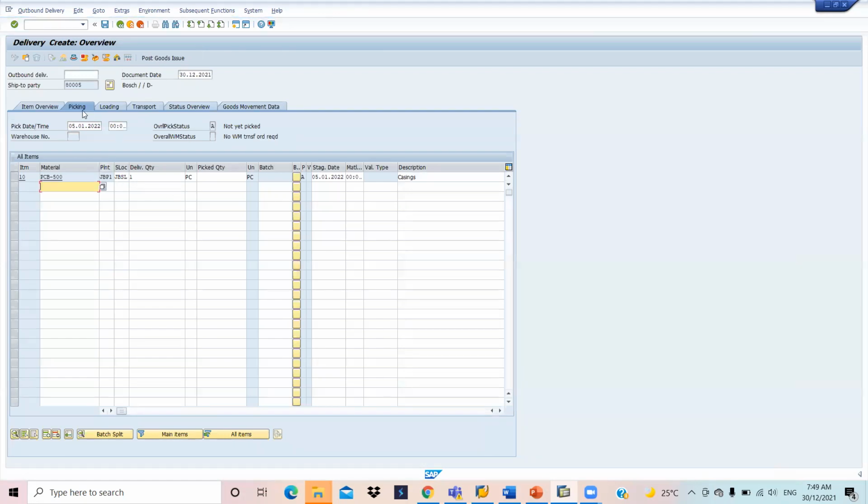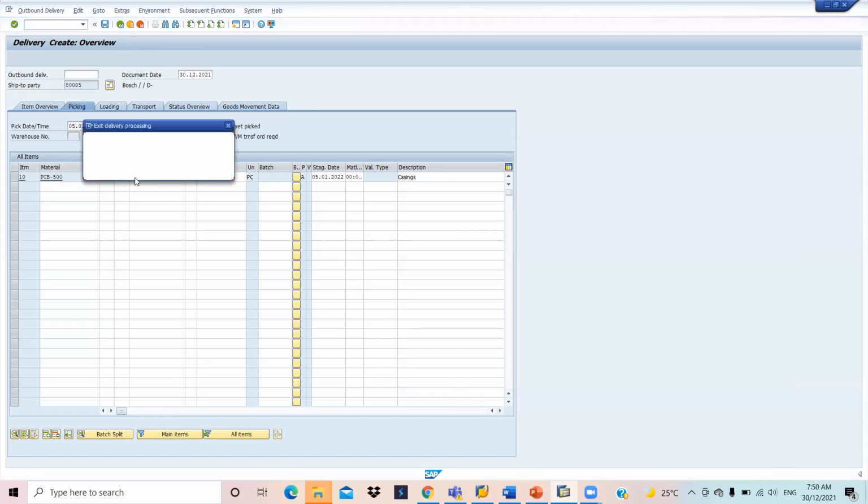Okay. In the delivery document under the picking tab, you could see the storage location. Earlier, before configuring the storage location, the storage location field was empty. And now it's been populated. And from where is this pulling? This is pulling from the OVL3 transaction.